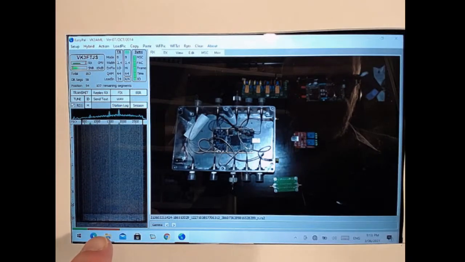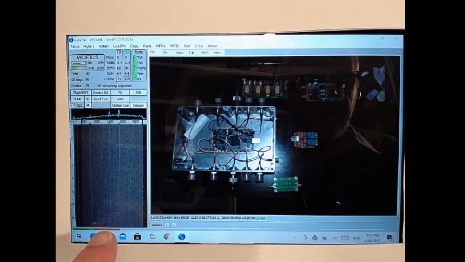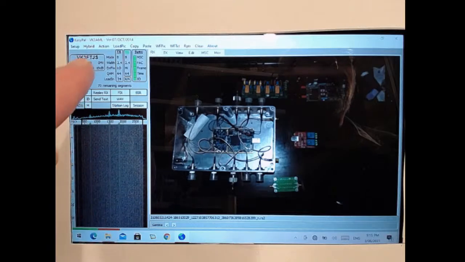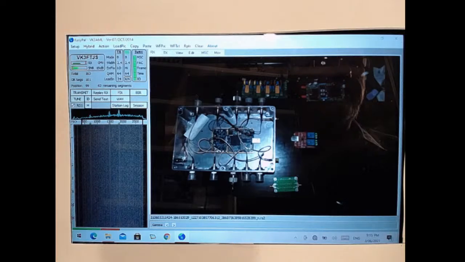Down here at the bottom, that bar, you can see the green there, indicates how much of the picture file we've received so far. And it's all syncing nicely, and the signal to noise ratio, as you can see up there, is 19 dB.